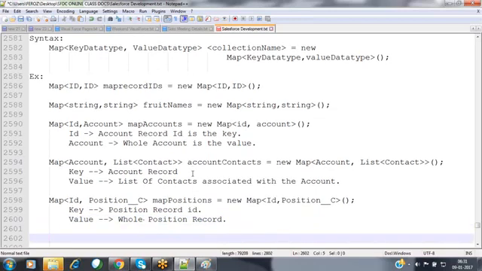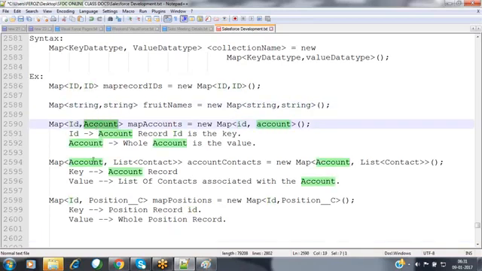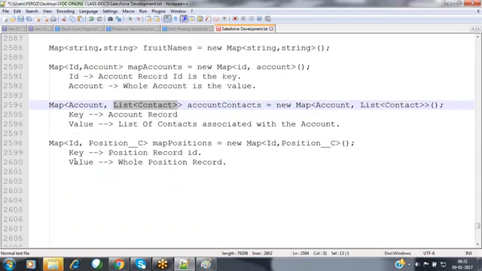We can get that whole position record as a value itself. Like that, we can store elements and fetch those elements from the collection as well. In the map collection we can store the ID and ID value, both string values, a record ID and the whole record, and one record and a collection of values as well. Like that we can store different types of elements inside this collection.